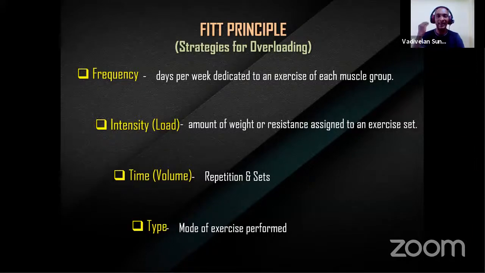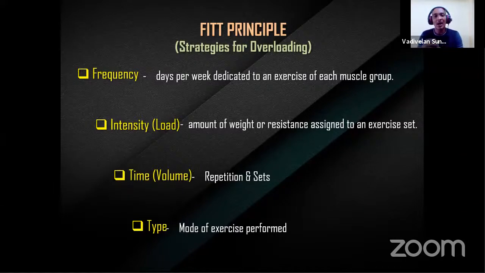A repetition is one action. So the repetitions the athlete can perform without rest make a set. For example, in my first set, I'm doing a biceps curl for 15 repetitions. That's my first set. Again, I take some rest and do 12 repetitions. That's my second set. And third one, 10 repetitions. That's the third set. So the repetitions I can do without rest make a set.